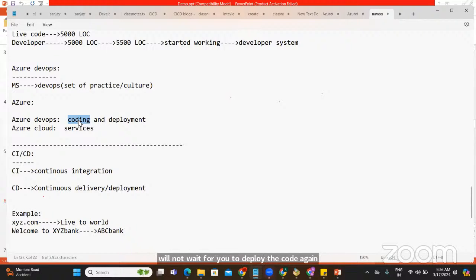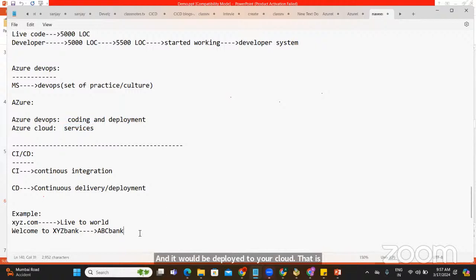Getting the point? That is what is called CI/CD. CI/CD is an automation process which will automatically create a build pipeline based on the code changes done by development, and it will be deployed to your cloud. That is called CI/CD.